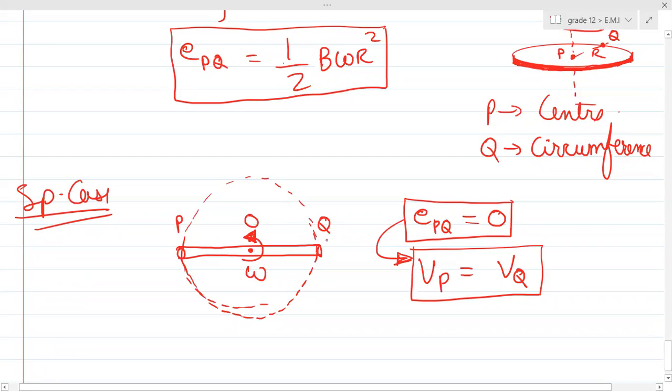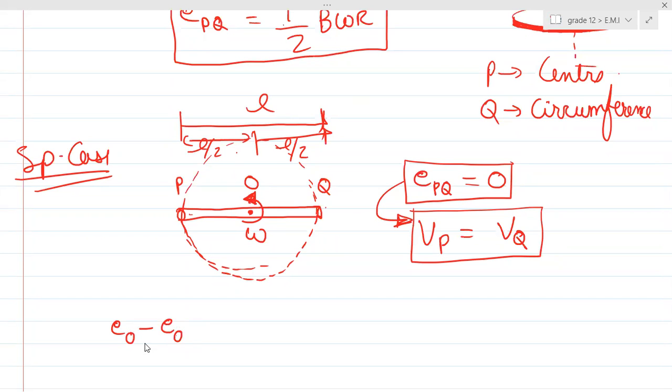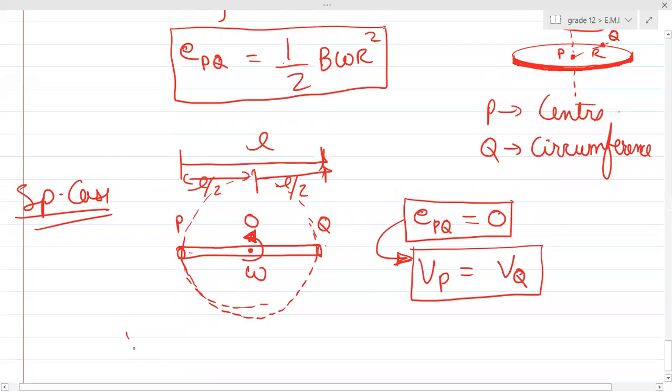There is a rod OQ and there is a rod OP. If PQ has a length L, then OQ has a length L by 2, and this also has a length L by 2. If someone asks you what is the potential difference VO minus VQ,